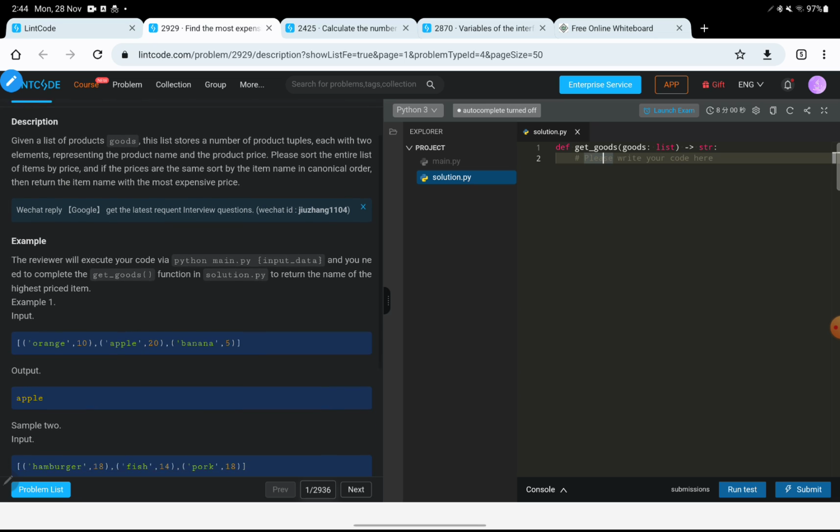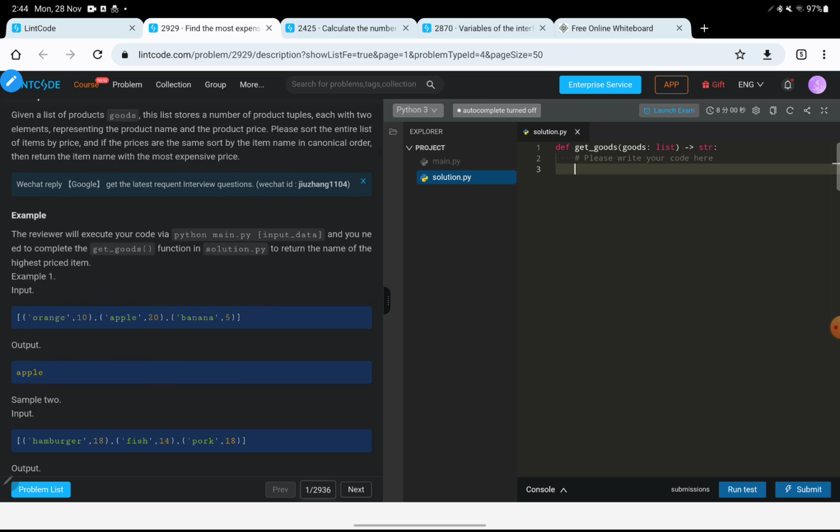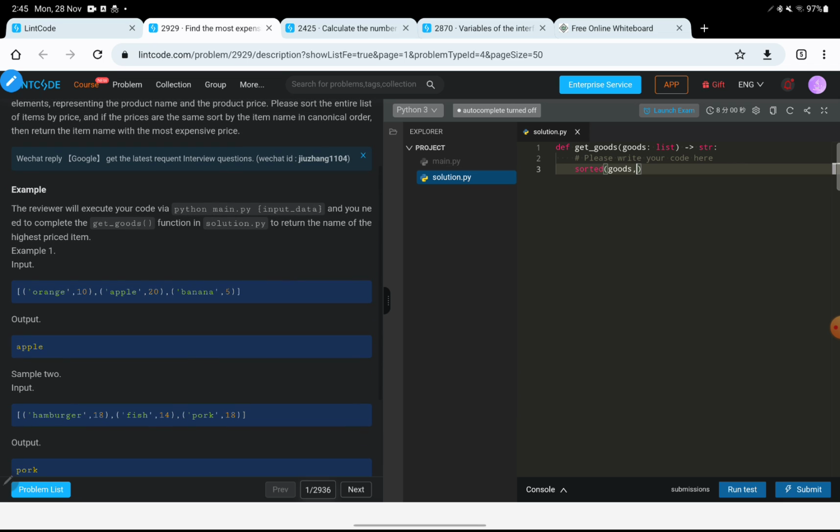Okay, now in this case, let's use sorted. For sorted, we are given the list as goods, and in this goods we have to sort it with the help of the price, which is the second parameter. And the second parameter in sorted is the key one, which is optional, and also reverse. So let's use the key, and if you use the key,